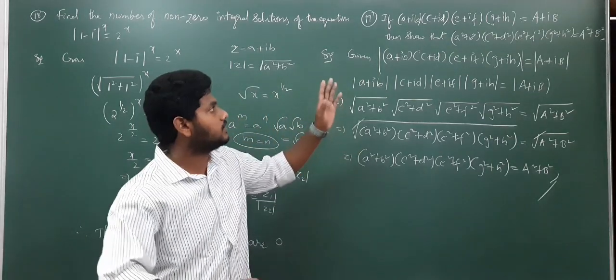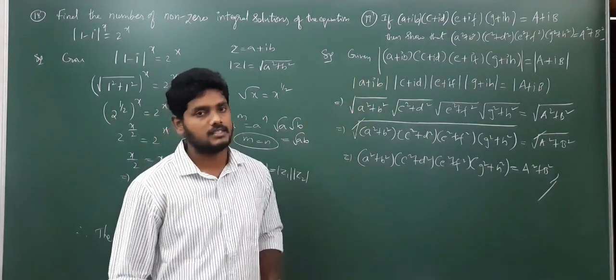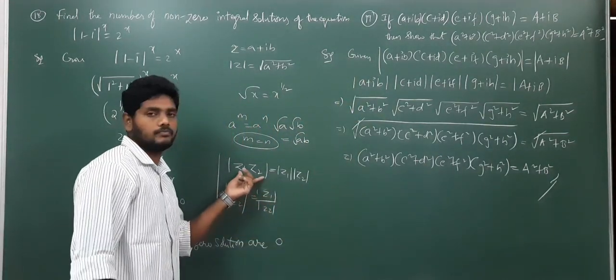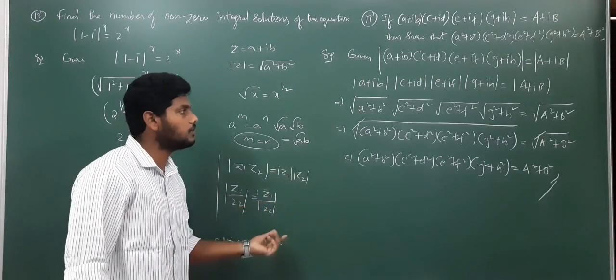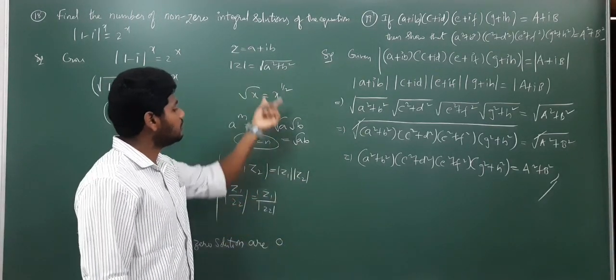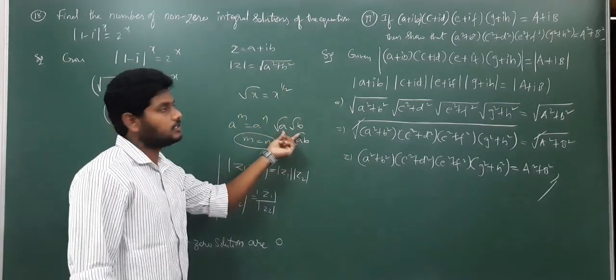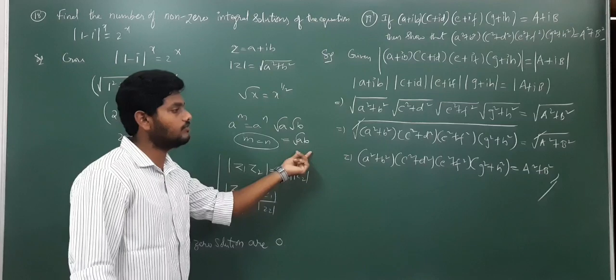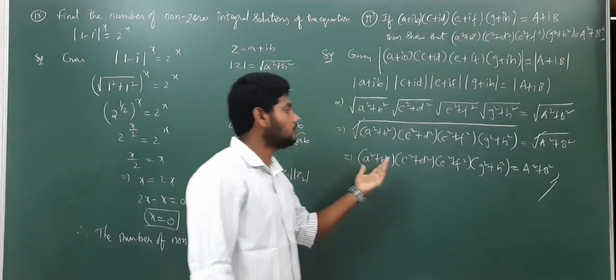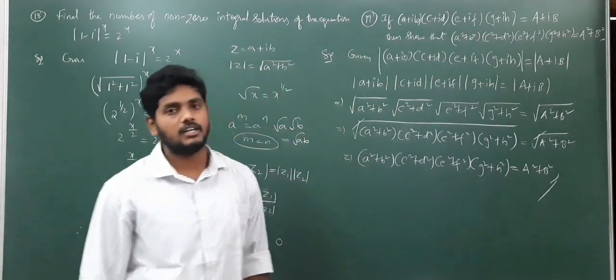What you need to do for the given question is apply modulus. If we apply modulus, you will get this form. If you get this form, you can separate that modulus. If you separate the modulus, you can apply this formula. If you apply this formula, you will get this form. If you get this form, you can apply square root of ab. Then on both sides the root will get cancelled. We will get our required term.